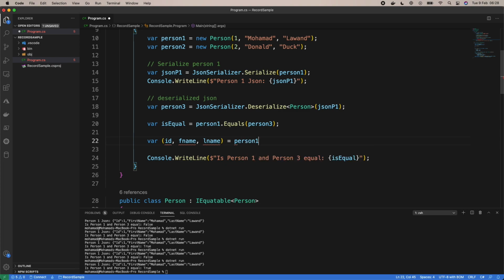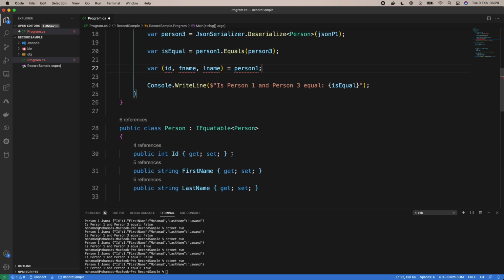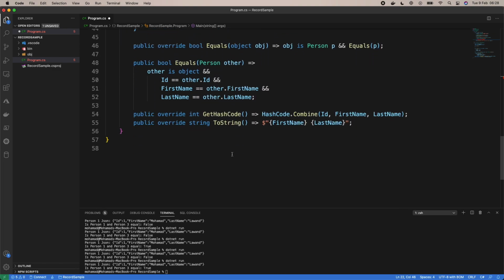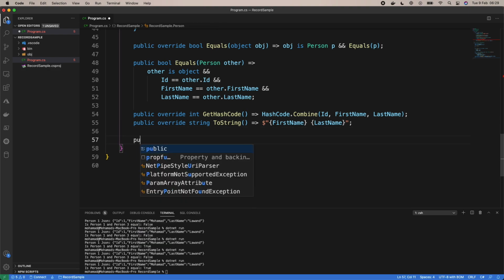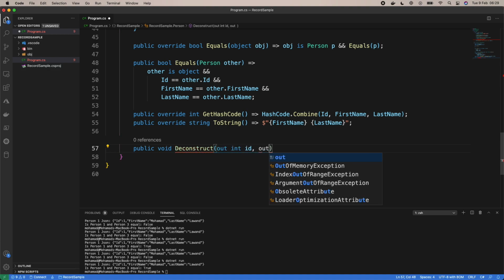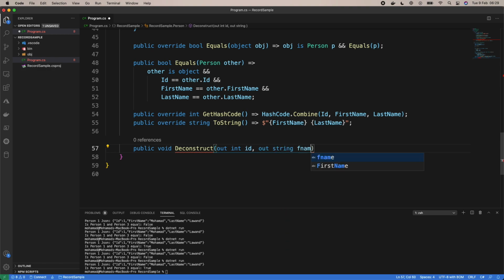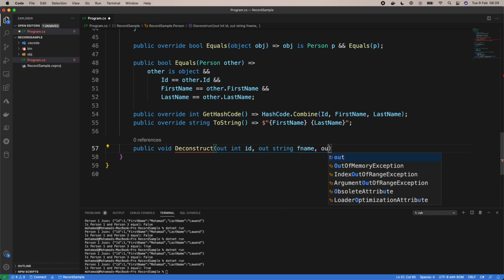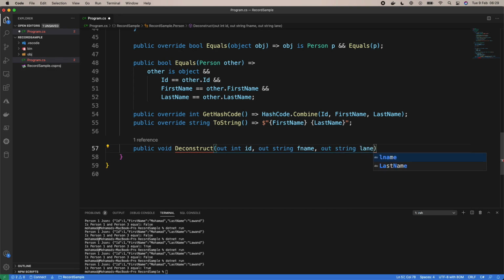So person1 will be deconstructed into these, but it's not happy. Why? Because we haven't implemented a deconstructor. So let's implement a deconstructor. So public void Deconstruct, okay,